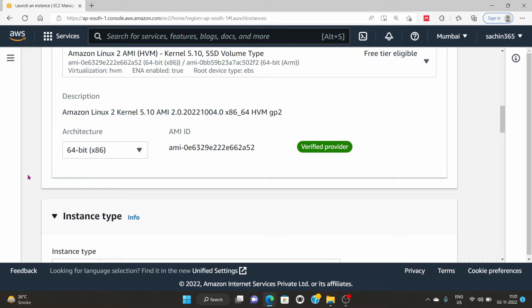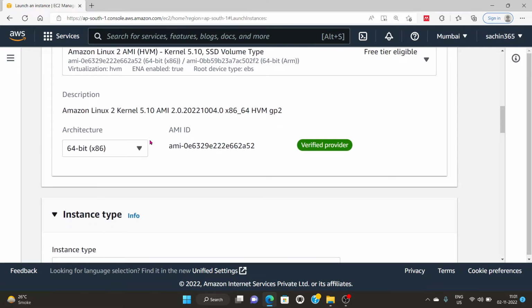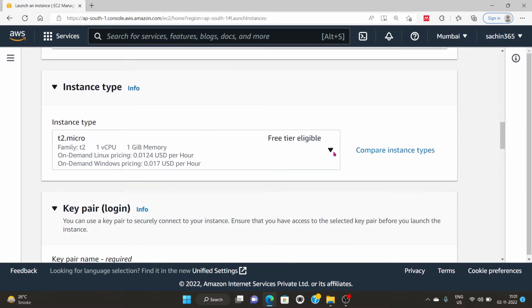The type of Amazon Machine Image you choose determines the operating system that will run on the EC2 instance that you launch. In this case you have chosen Amazon Linux 2 as the guest operating system. Then we are going to choose an instance type. There are so many